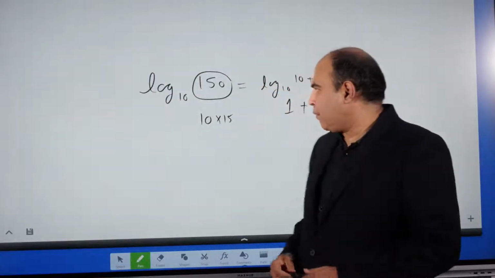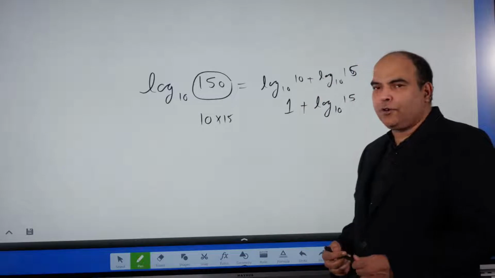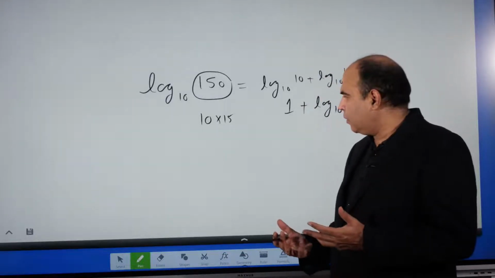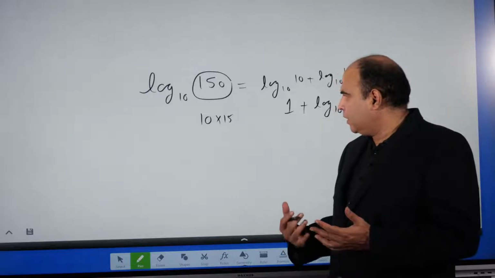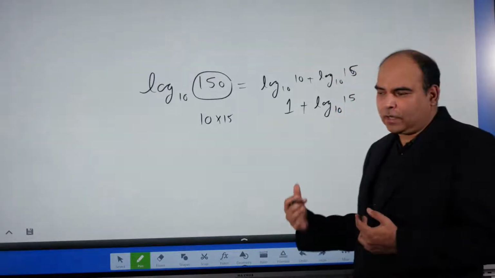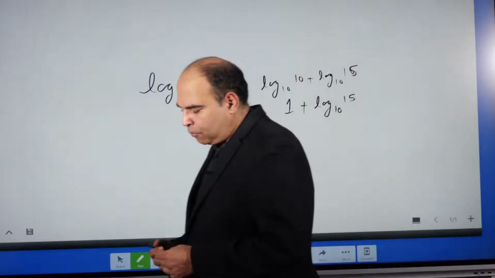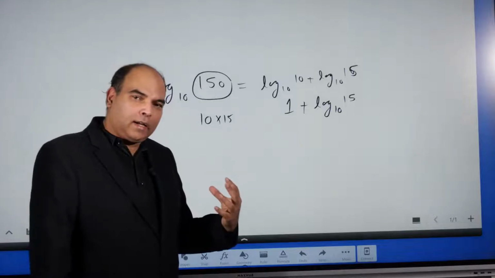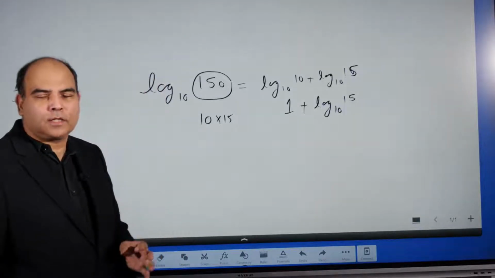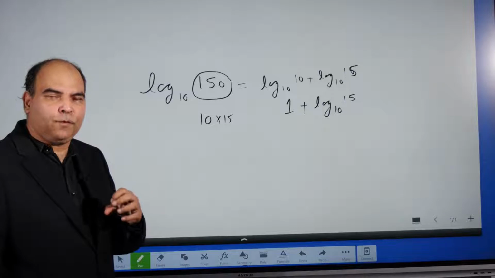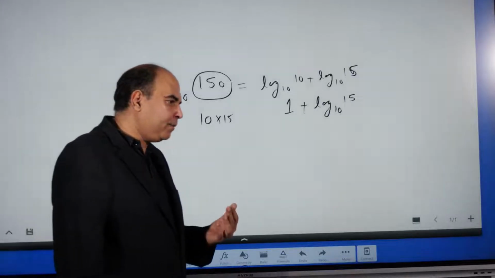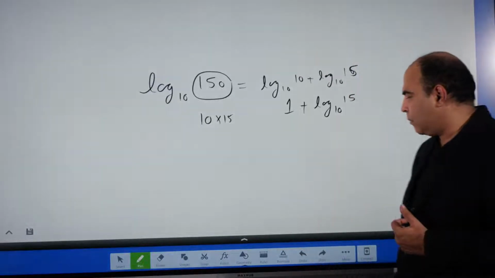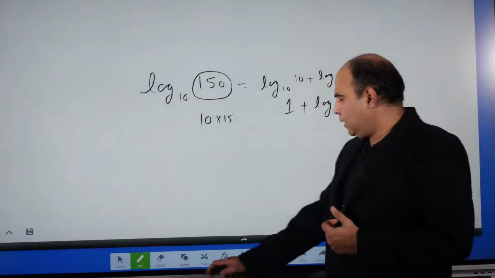And what do you do? Should you take 10 into 15? Should you take 25 into 6? Should you take a 30 into 5 there? What should you do? Which one should you use? Or should you use a 10 into 3 into 5? That trigger you will get from the question and from the options itself. The question and the options will give you enough clues if you learn how to read them, कि किस direction में जाना है मेरे को इसको लेके. So you don't need to bother much about it. You should just know the application of this.